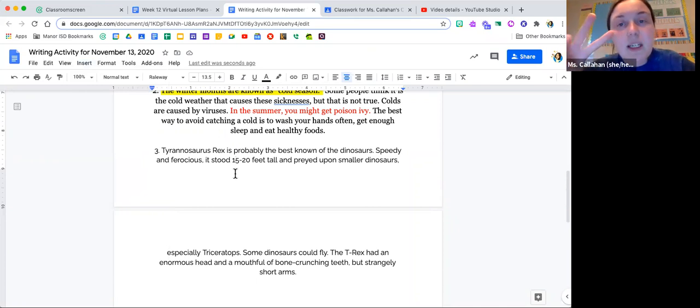Actually, I changed my mind. I'm going to read it 2 times. So listen to the whole paragraph. Then the second time, listen for the main idea. And then the second time again, I want you to look for that sentence that doesn't fit with